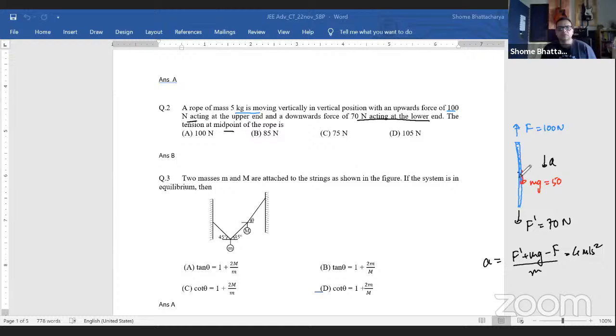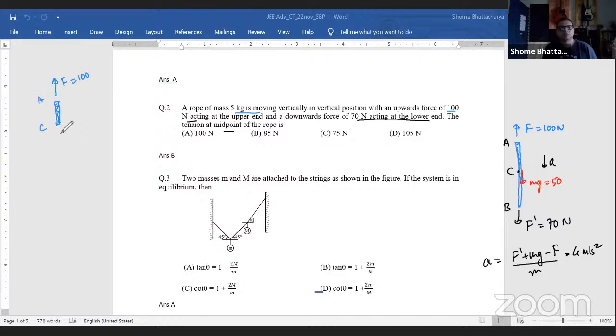So if this is the midpoint of the rope and this is the top point and this is the bottom point, to find the tension at the midpoint, what you do is you make the FBD of either the top half or the lower half. So I am making the FBD of the top half to begin with. So this is AC, and in this you can see you are applying this force of 100 newtons